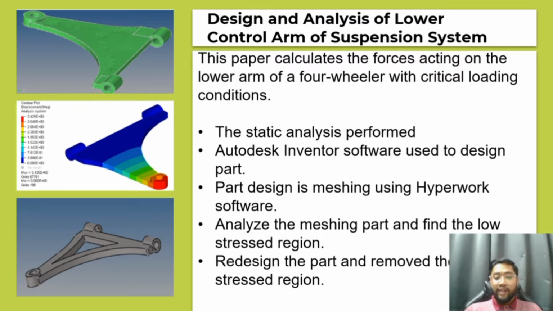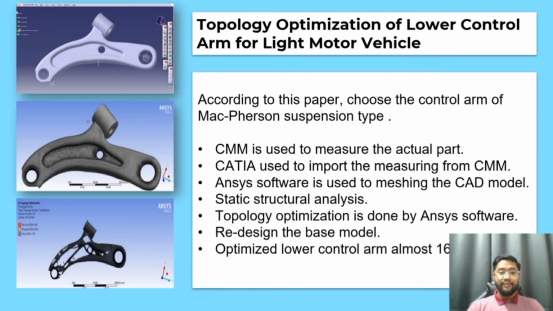During the static analysis, the displacement was found to be 3.425 mm and the von Mises stress acting on the lower control arm was 176.3 megapascal. And then we jump to the next